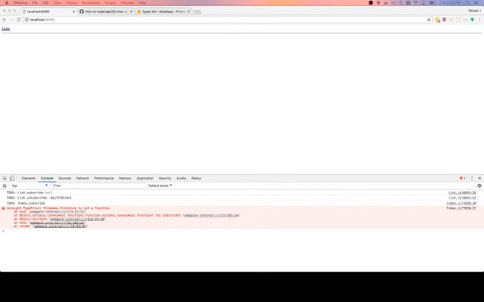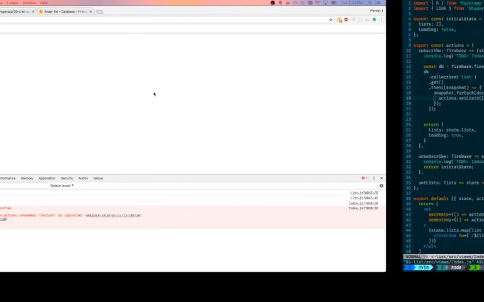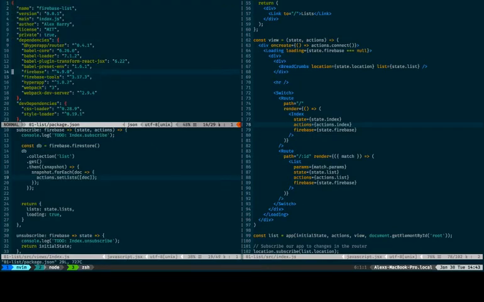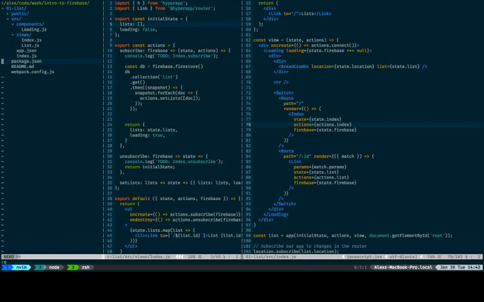Cool, so read data from there, so that looks pretty sane. Oh, it looks like we maybe need a different version of Firebase. Let's see what we got here. So we got Firebase 4.9, so that should definitely be there. But it looks like maybe we also need to do